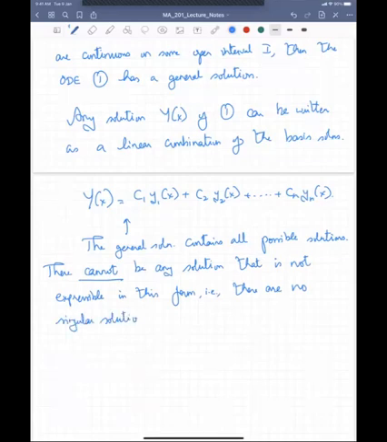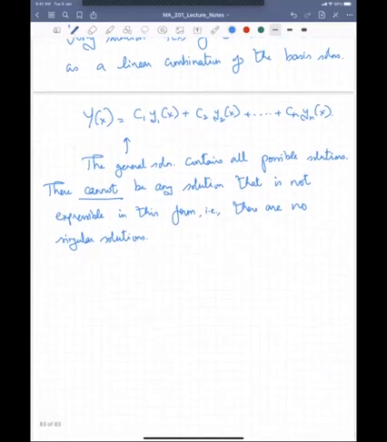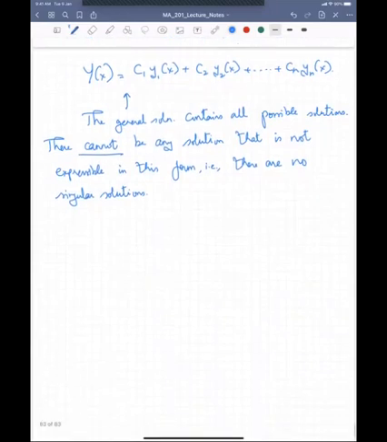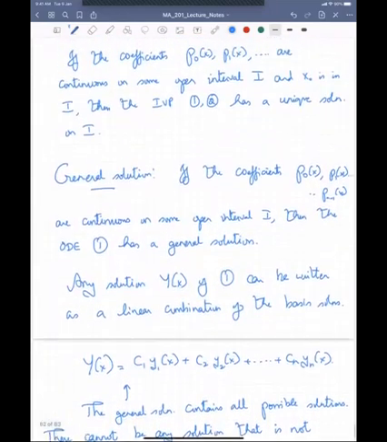So structurally, first order differential equations are therefore different from second order and higher order differential equations, because as we found out, first order differential equations do permit singular solutions, but higher order differential equations do not. Okay, so again, these are all extensions of what you studied in the case of second order differential equations. Okay, so this sets up the basis of